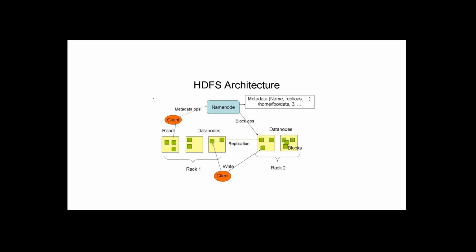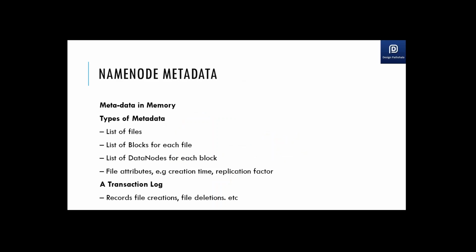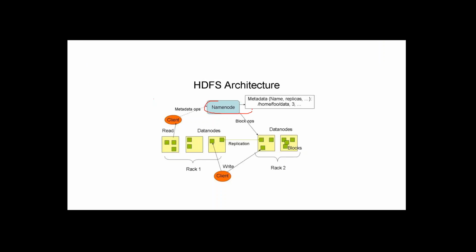So this is the architecture which we looked into. Now here I'm just talking about the name node. The name node contains your metadata, that is which file, what is the replication factor, how many blocks are there for each file, where those blocks are lying, and things like that. When I have to read, I just request the name node. Name node returns me the metadata, that is where my data is lying, and it also returns me the nearest nodes, and then I read from those nodes. And when I have to write, name node returns me where to write. I as a client send a write request to those data nodes. There's a whole write architecture. I'll talk about that write architecture in the next slides.